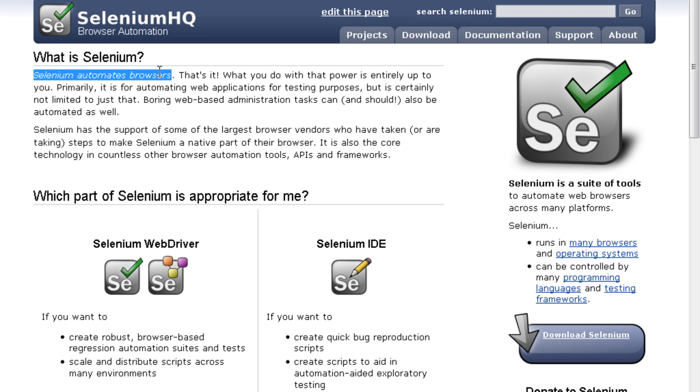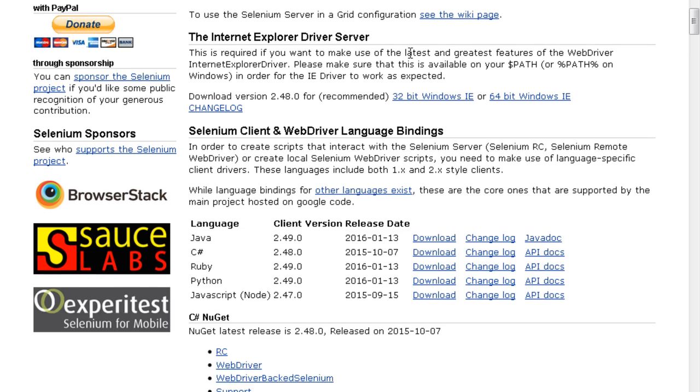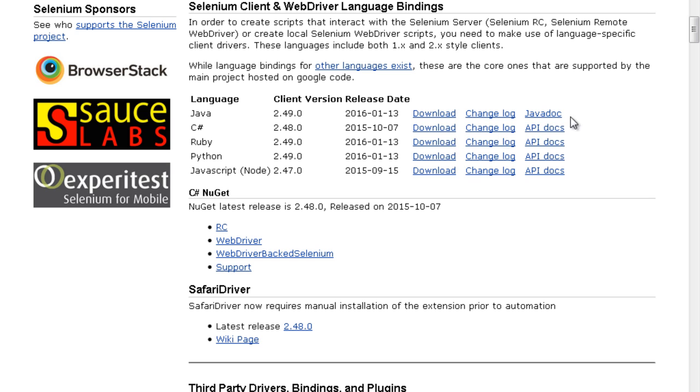First of all, Selenium is a tool which can only automate web-based applications, not desktop-based. QTP can do both of them, and that's why QTP still has a market, because if you have to test a desktop-based client, you need QTP. And if you go to the download section, you will see the link for